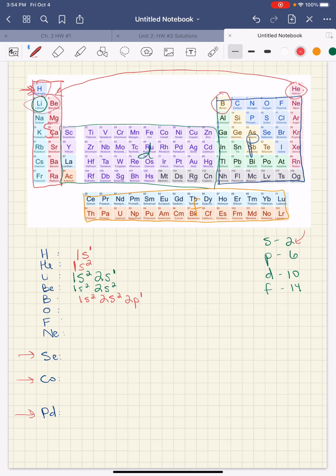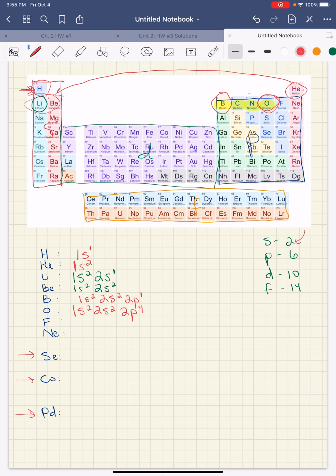For oxygen, so we're skipping carbon and nitrogen, we're going right here. We're starting over at the beginning, 1s2, 2s2, and then oxygen is 1, 2, 3, 4 over in this 2p sublevel, which means there are 4 electrons that still need to be placed. So that would be